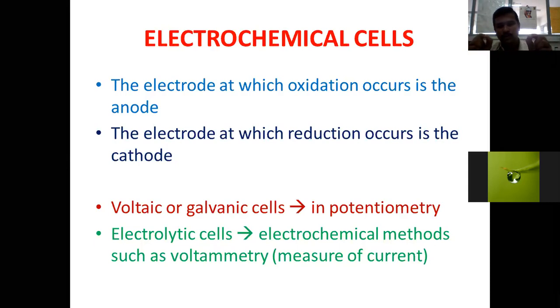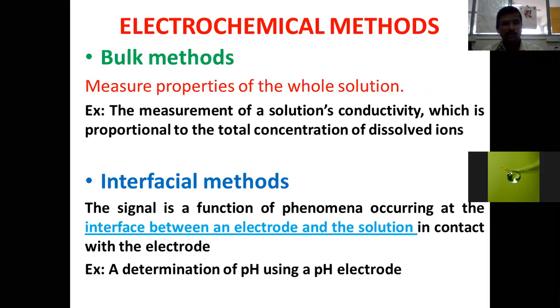Then we convert the species present in the solution into some other state. And during that particular duration, the quantity of the species converted into some other form is measured in coulometry. So electrolytic types of electrochemical cells are employed in voltammetry, where, more importantly, the current is measured. The electrochemical analysis is done in two ways by utilizing two types of electroanalytical methods: one is the bulk methods of analysis and the other is interfacial methods.